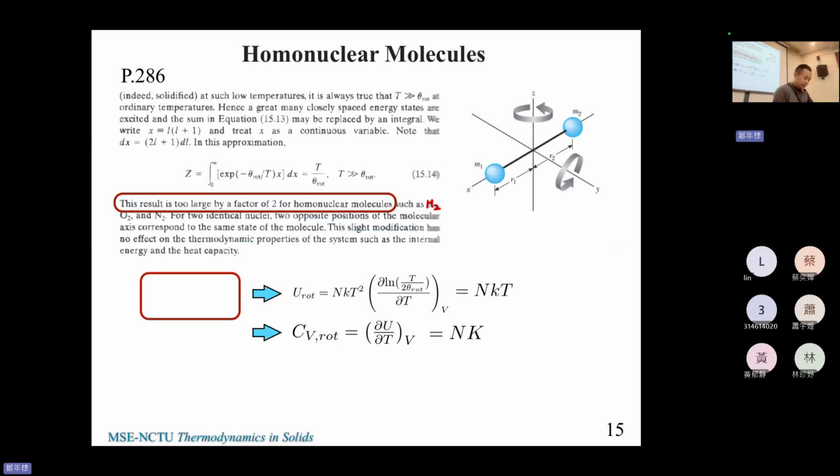What does that mean? And it said H2, O2, N2, for 2 identical nuclei, 2 opposite positions of the molecule are corresponding to the same state, blah, blah, blah. But it said the slight modification has no effect on thermodynamic properties of systems such as internal energy and heat capacity. Okay? The author said,